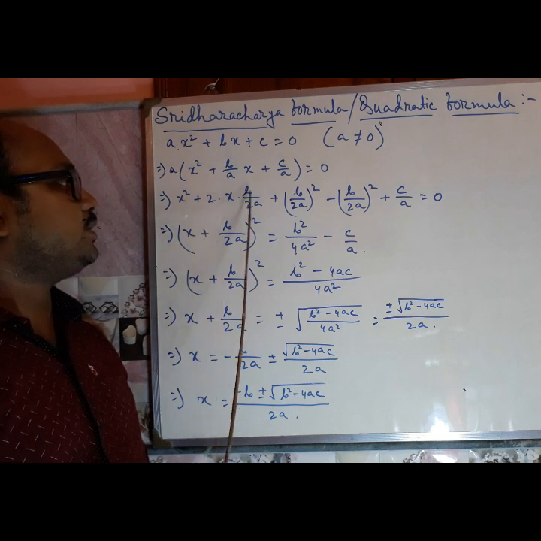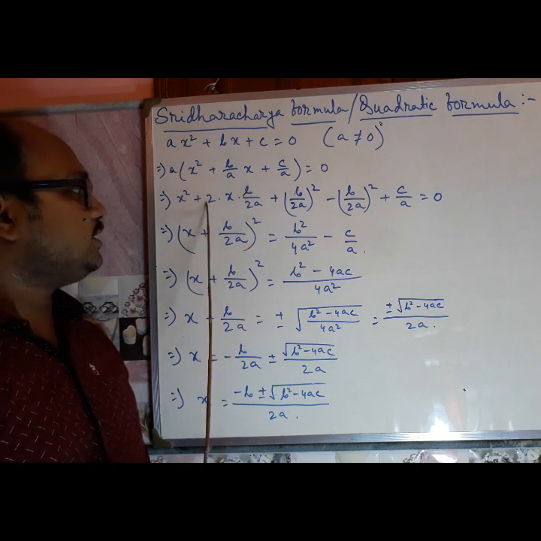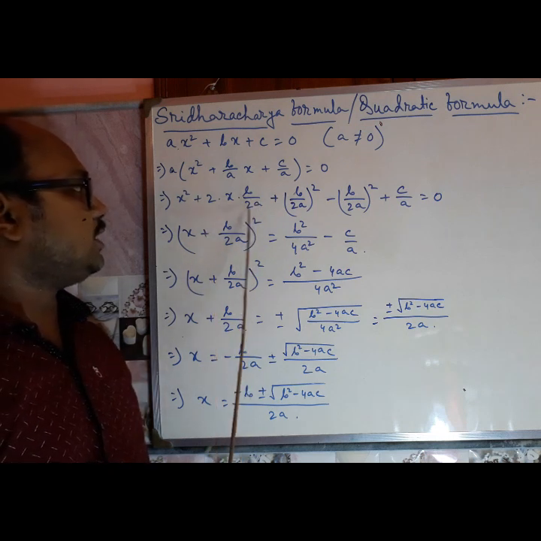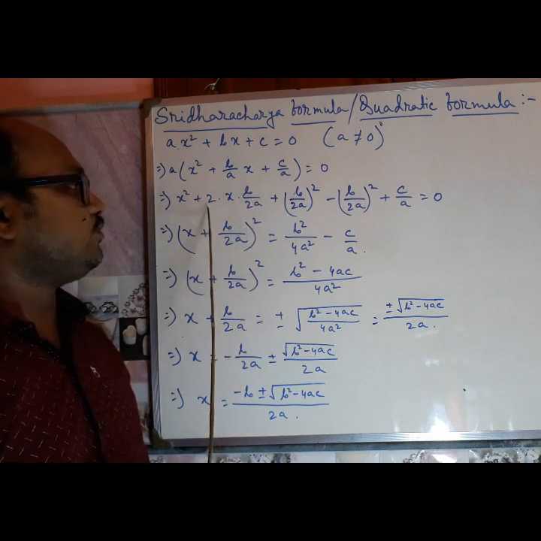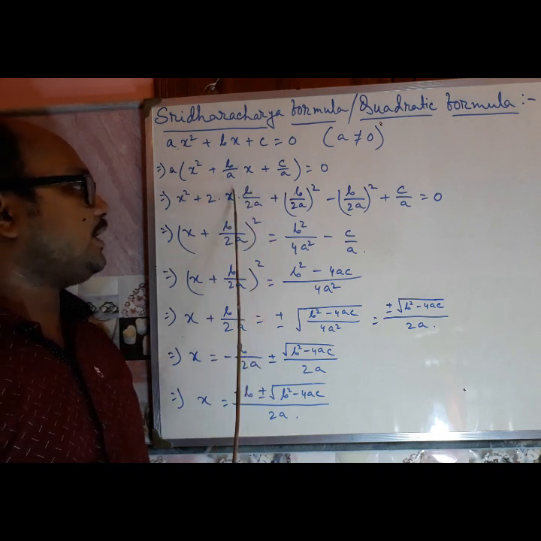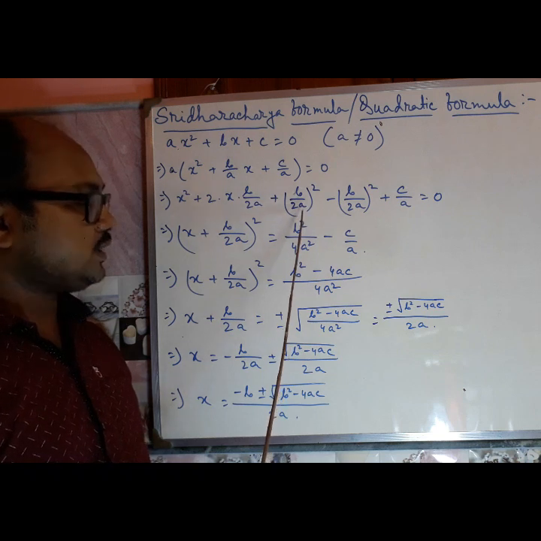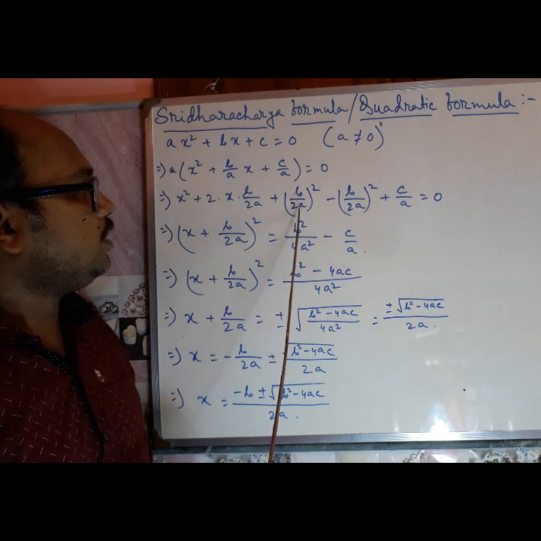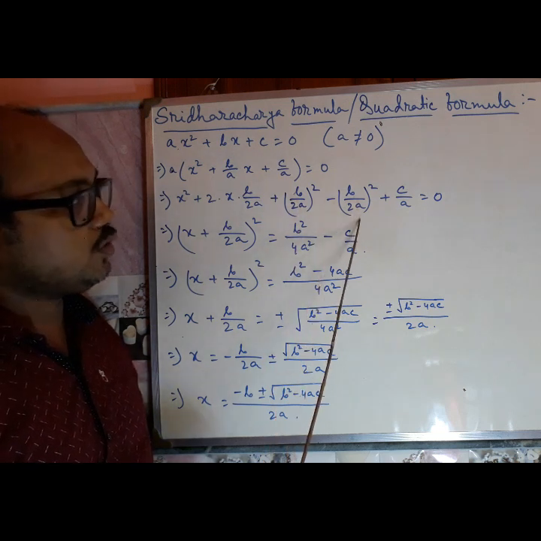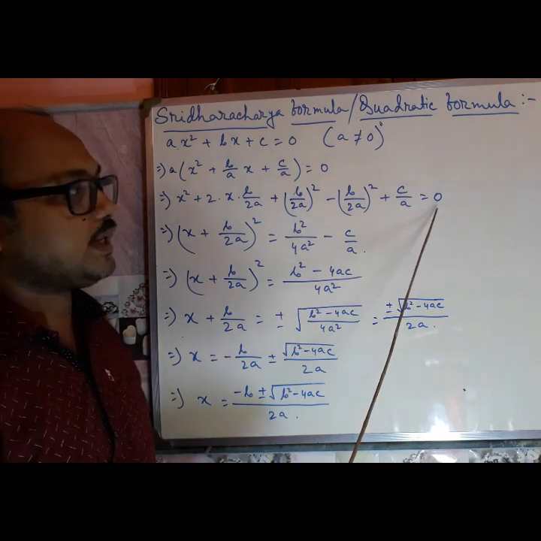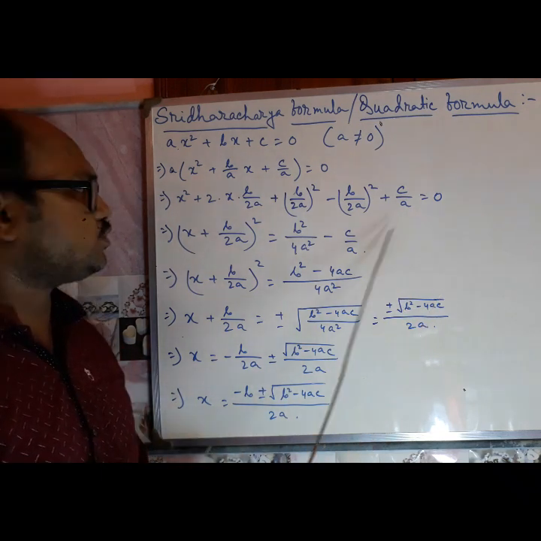Changing the side of c by a to the right hand side, x square plus this term 2 into x into b by 2a. Why b by 2a? These two will eliminate each other. So this term, 2 into x into b by 2a, will be the same as b by a into x. Plus this b by 2a whole square, as it was not there in the previous line. So minus b by 2a whole square, plus c by a as it is, and changing the side of c by a to the right hand side, 0 minus c by a, that is equal to 0.